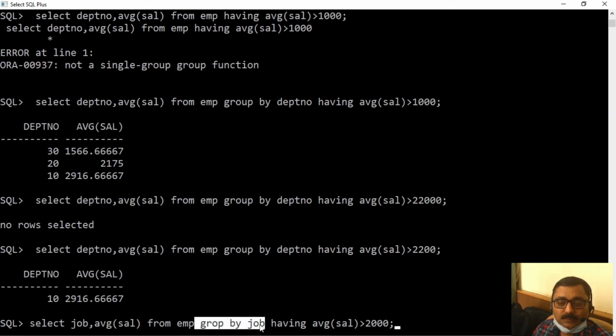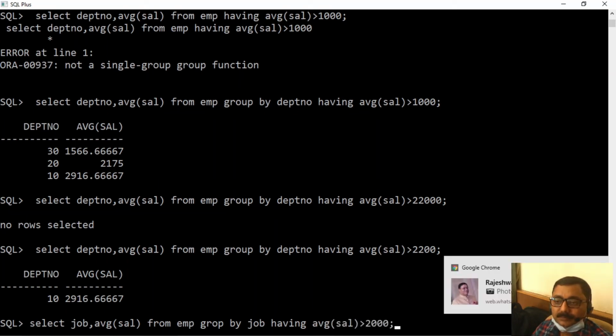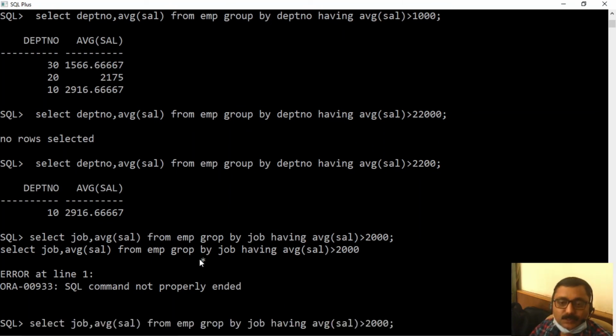This will group the records based on job, and this will put a condition on the grouped output, so that you will be able to see only those jobs where average salary is more than 2000. Let's see. Okay, there was a small error.